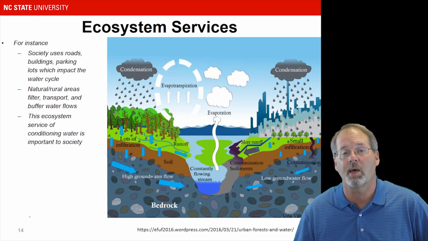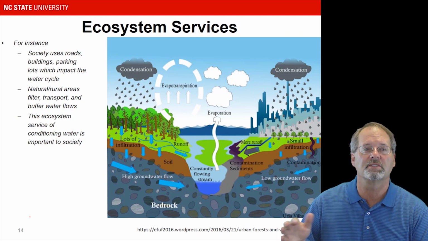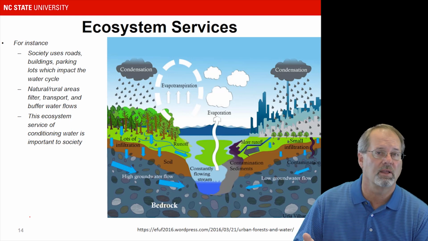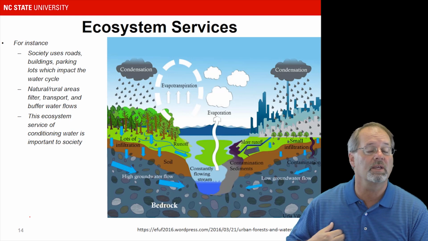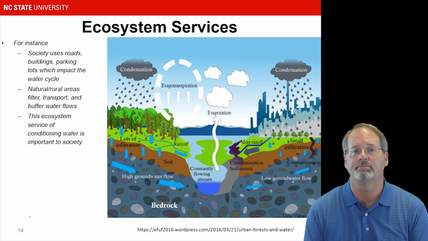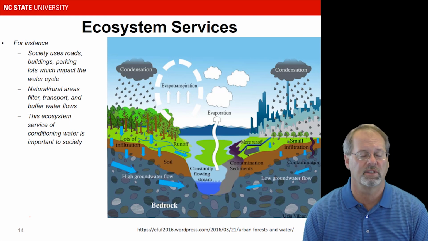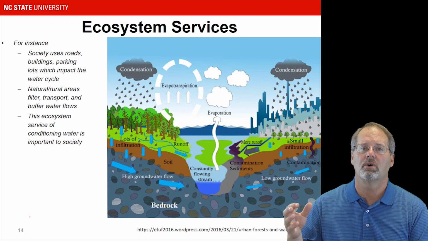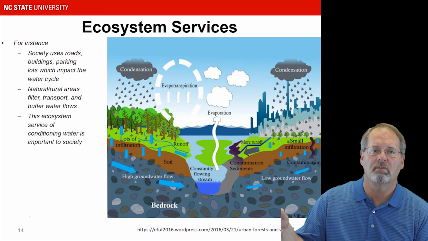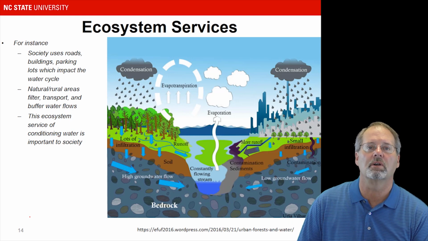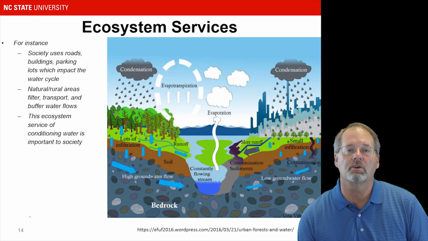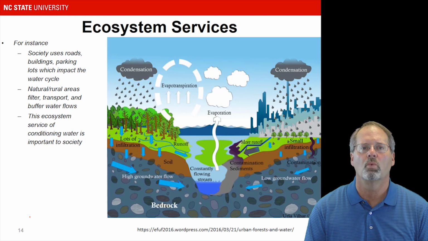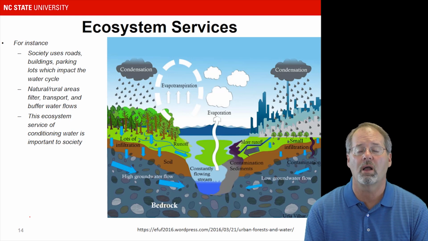Now, if we contrast that to what's happening in the urban area, we have the rainfall, and that's going to hit a lot of impervious area, things like roads and parking lots and buildings, and it's going to run off very quickly. It's also going to collect and accumulate pollutants that we have from, let's say, automobiles or just other activities of society's life. And so that water is going to quickly run off and then go into the river. So you can see that if there's too much urban runoff of water and there's not enough rural treatment of the water, we're going to, as a society, have a problem.